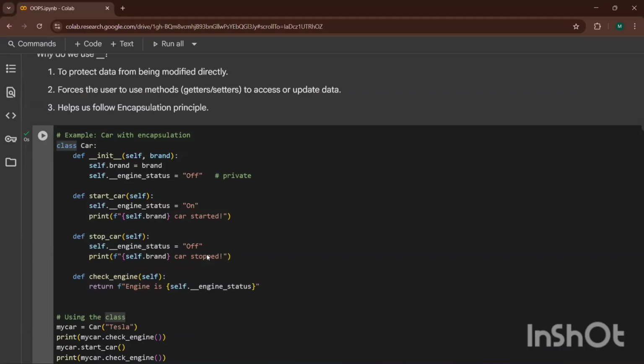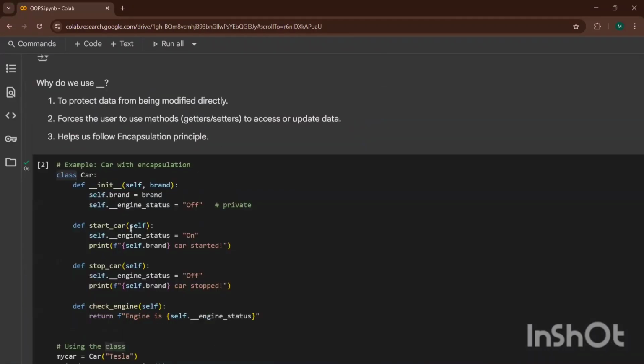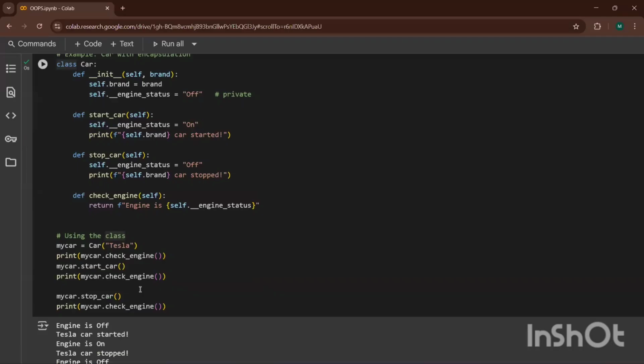Because I am not taking it like that. If I put here print my car dot double underscore engine status, I will get an error, because it is private.